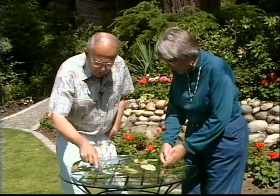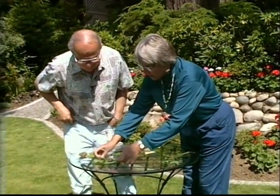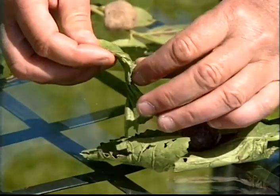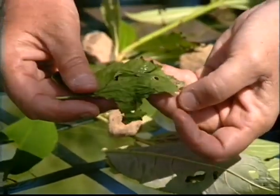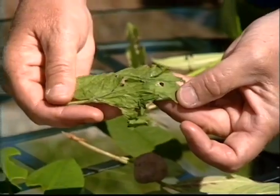Sure. This damage here is kind of obvious, isn't it? Well, yeah, the slug slime is really nice. This is snails and slugs do the same kind of thing. They have little teeth on their tongue, and so when they damage a leaf, it's kind of ratty looking. Oh, yeah. The holes are different sizes, and you see how you get this area that's not quite all the way chewed. Basically, they...